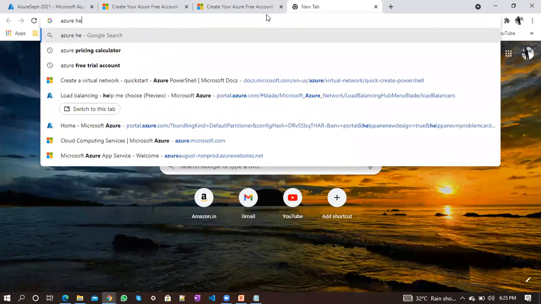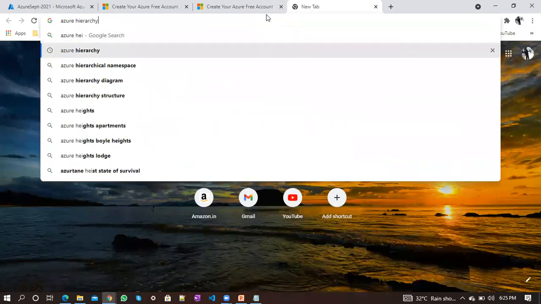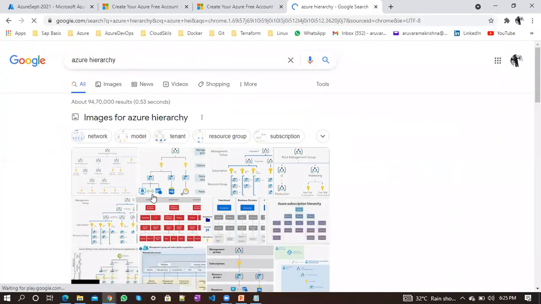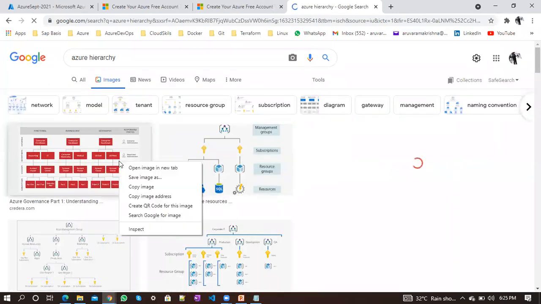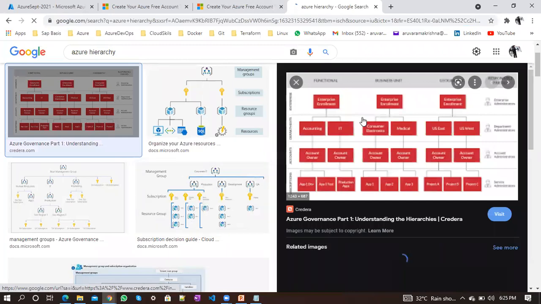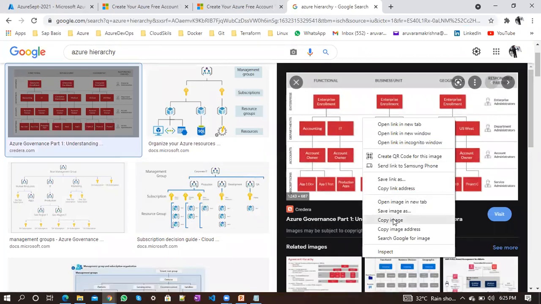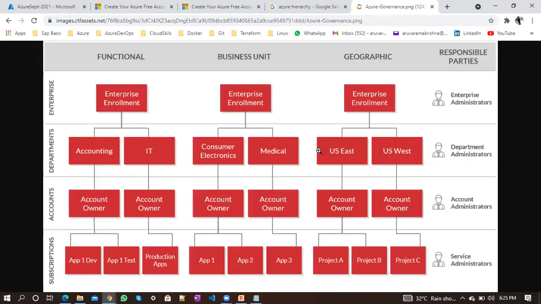Else I'll say Azure hierarchy. Okay, so let me try to take this particular naming. Okay, I'll copy this image and put it here. Yeah, so here if you see, we'll be having this enterprise account, which can be used by the